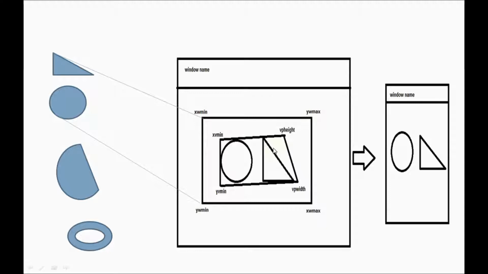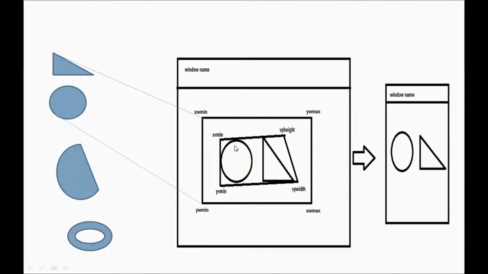So here my content is displayed at the center. So the clipping window tells what to be displayed, but the viewport tells where to be displayed. Here my contents are displayed at the center. And one more important thing, in a clipping window I can include multiple viewports. Here in this clipping window I have only one viewport. Sometimes I will assume that the viewport and clipping window size are the same. Here I am not assuming that.